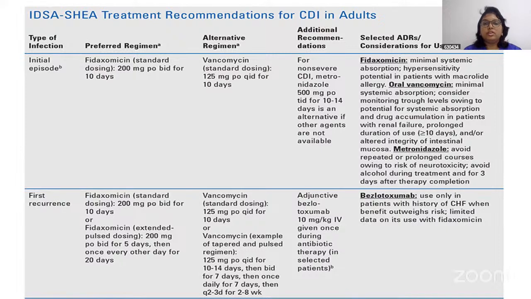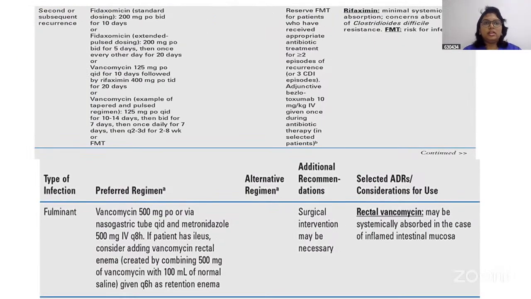bezlotoxumab, with a dose of 10 milligram per kg IV, can be given once during the therapy. And if there is a recurrence, apart from the first recurrence, if there are subsequent recurrences, we can use either of these: the fidaxomicin extended pulsed regimen or the tapered and pulsed regimen. And you can consider fecal microbiota transplantation